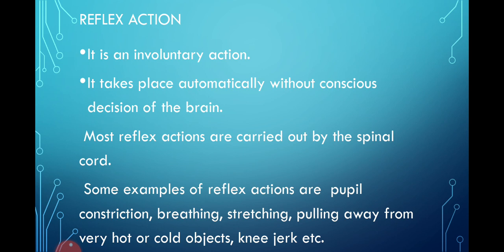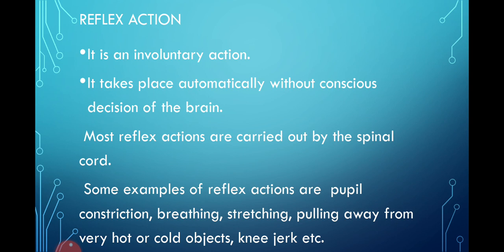So the next topic is reflex action. The simplest circuits in our nervous system are reflex arcs, which may involve only a sensory neuron and a motor neuron in the spinal cord. In certain situations, however, these two plus an interneuron between them in the spinal cord may also be involved, making connections with the brain. Reflex arcs provide for automatic and rapid responses to specific types of stimulation. The reflex system operates largely independent of brain involvement.